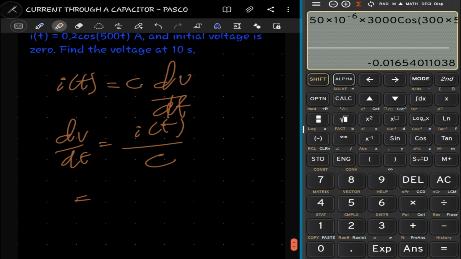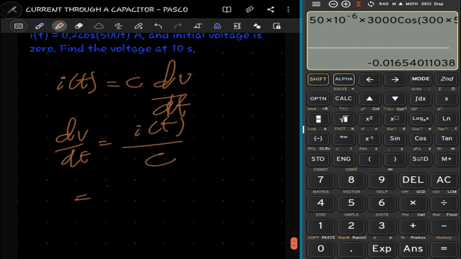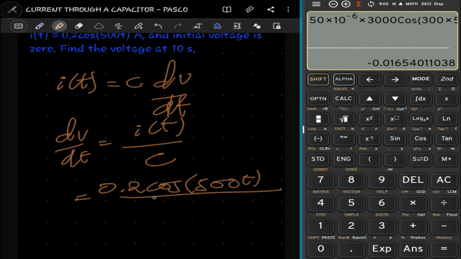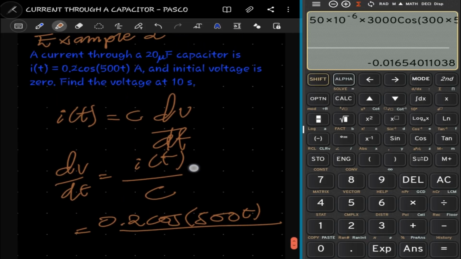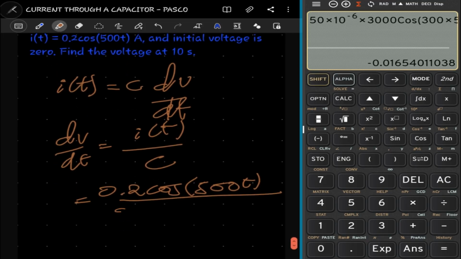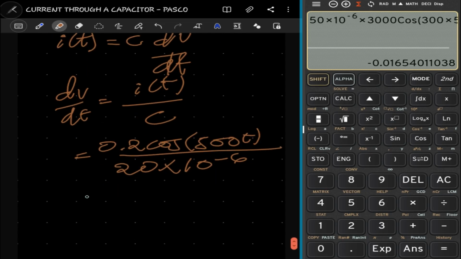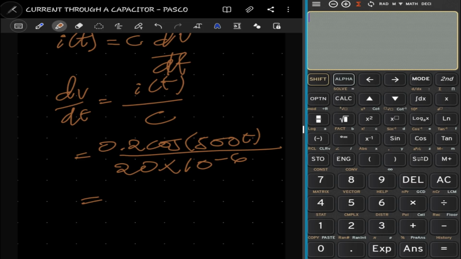This equals, we have the sinusoidal current as 0.2 cos(500t), right? And then the capacitance we have is 20 microfarad, so that's 20 times 10 to the power minus 6, right? Okay, simplifying this, so let's see, we have